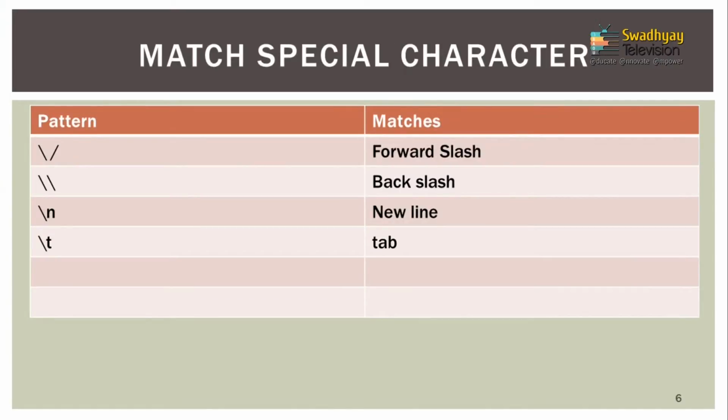Now this preg_match function can also be useful to match special characters. If you want to match a forward slash, you can use that type of symbol. If you want to match a backward slash, then use this symbol. For a new line you can use \n, and for a tab you can use \t. The reason is that backslash is known as an escape character, so it removes the special meaning of any character, and that's why when you use it, you should remember that backslash is a special character. Let me give you an example of this.